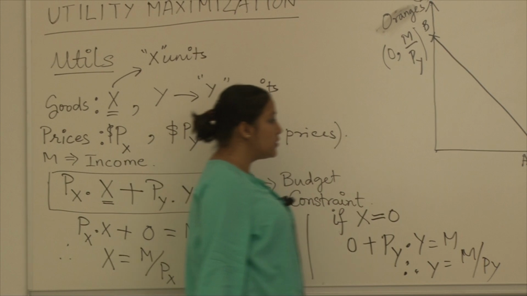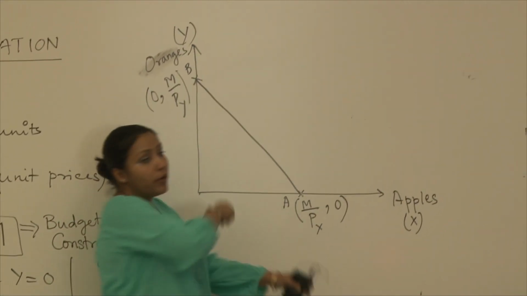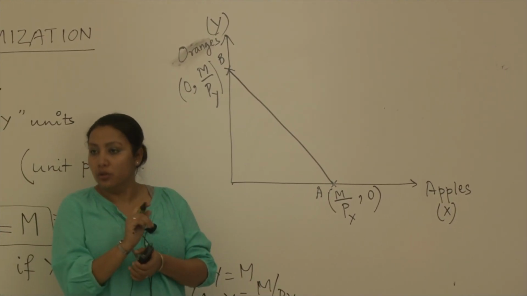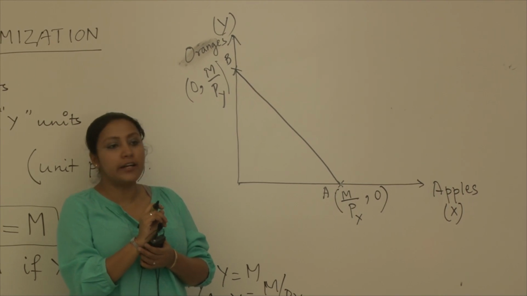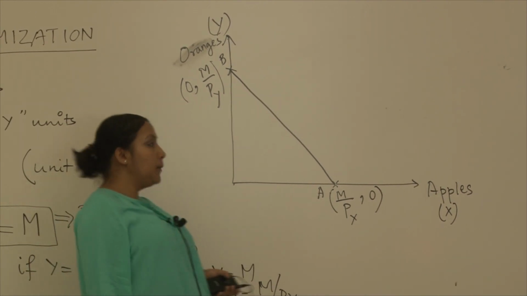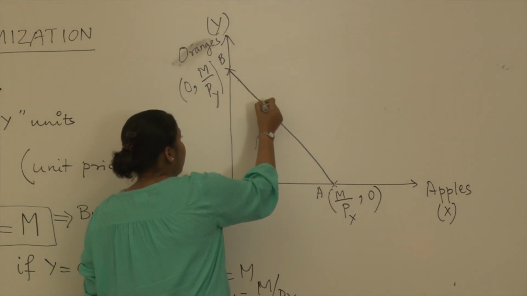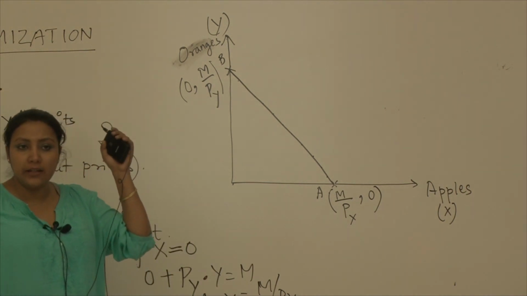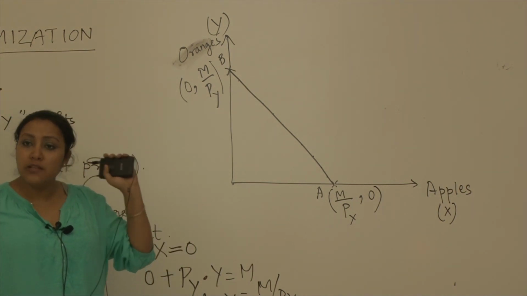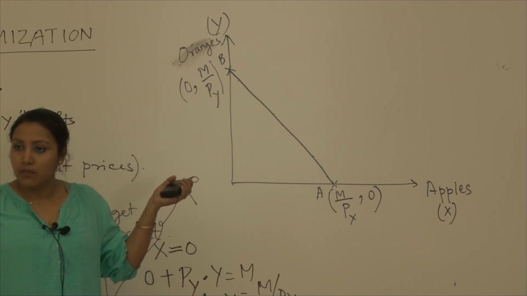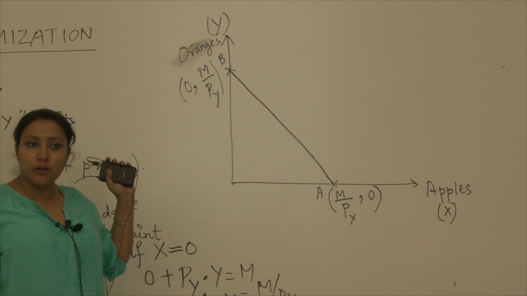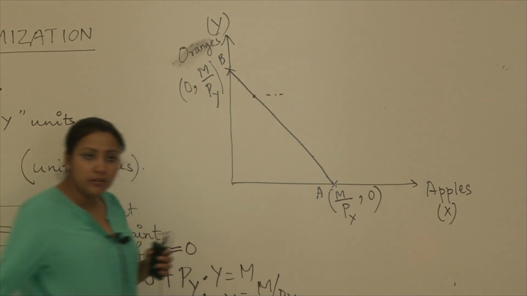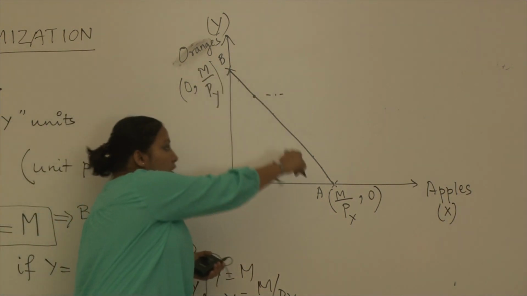So, that means if a person wants to choose this point or that point, he is basically specializing his taste in just that one good, whichever he is deciding to buy. He is not getting any of the other good, right. But please note that if I take any other point on this line, whichever it may be, there may be numerous points on that line, every other point on that line will be some combination of the 2 goods, isn't it? Some amount of apples and some amount of oranges. If I take a point here, it will have some x coordinate and some non-zero y coordinate, and that will be true for any other point on that budget line,